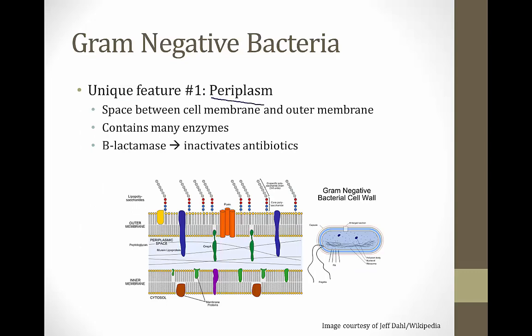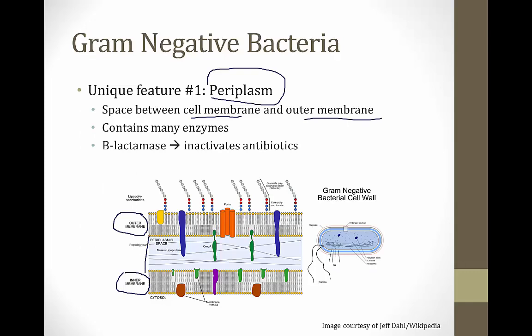The first one is the presence of periplasm, and this is the space between the cell membrane and the outer membrane. So let's look at this diagram down here. We've got the inner membrane right here. Remember, that's present in both gram-positive and gram-negative bacteria, and the outer membrane here, but in between those two we